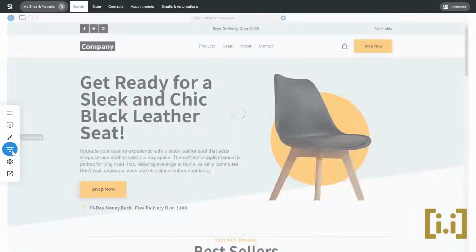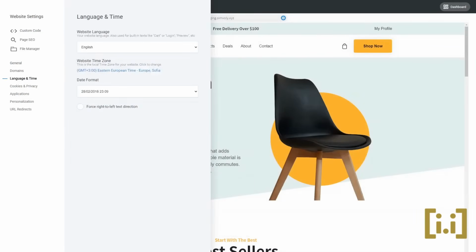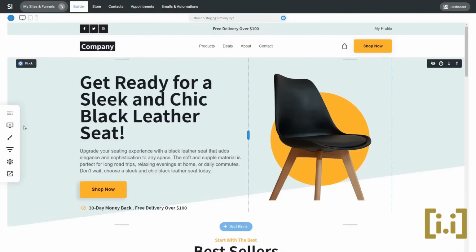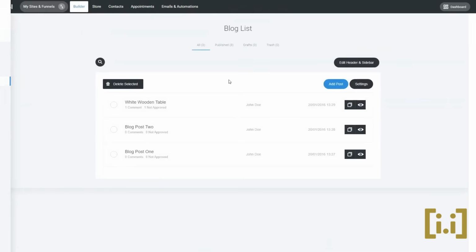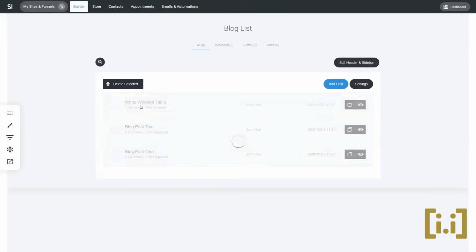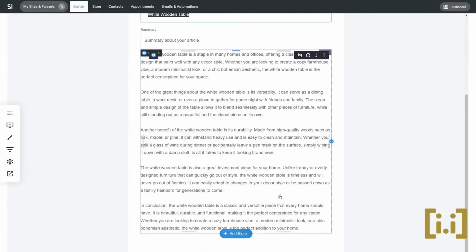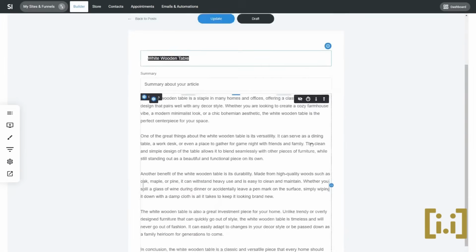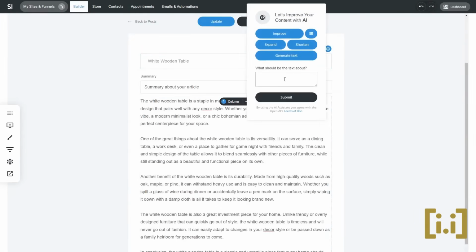Now, let's go back to English just for the sake of the example and the demo. Now, let's go to the blog. In the blog, we have here a few options to show you a few things that you want to do. For example, let's say that you have an article or that you want to build an article. This is actually text created with AI. And it's very simple. Let me show you how. With the AI, you can generate text, like I said. So for example, you can tell the AI, create an article